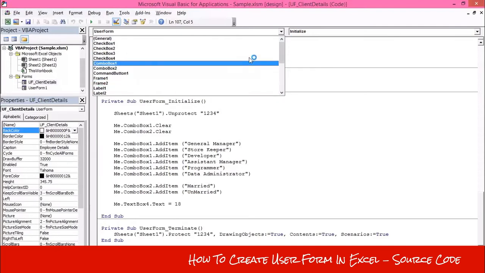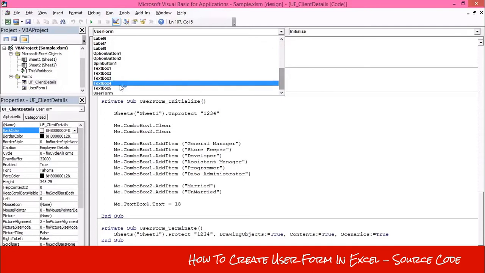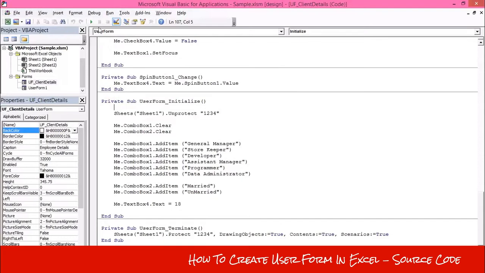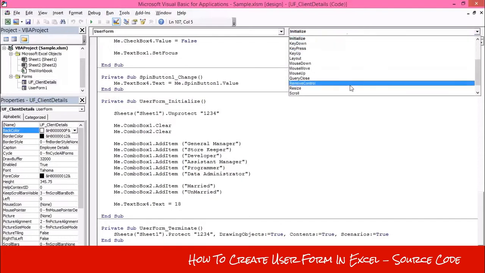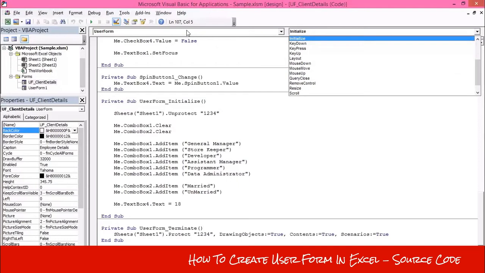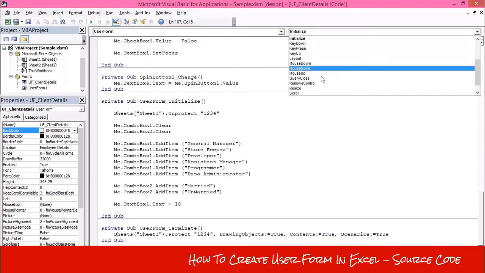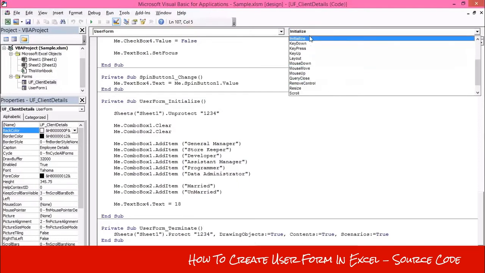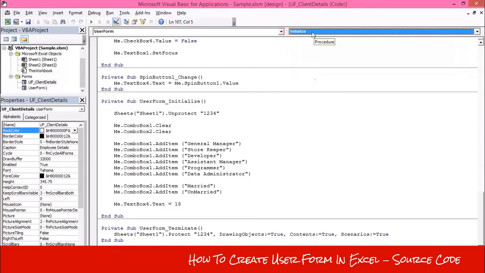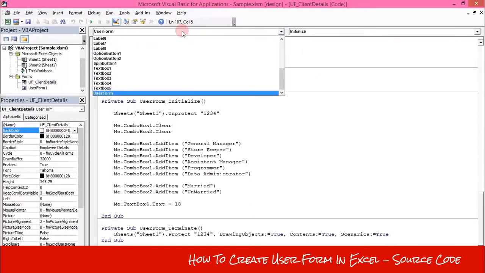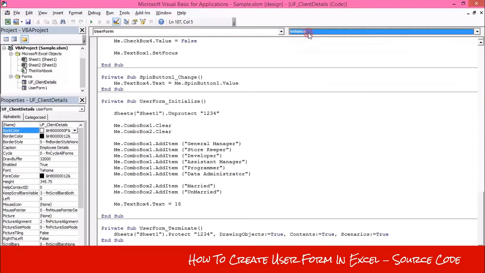And when I select any control from here, as I select user form, then in the second combo box all the events of this selected control will be displayed. So the second combo box is the event combo box, and all the events will be displayed in it. Okay, so it is clear. This is the control box and this is the event box.